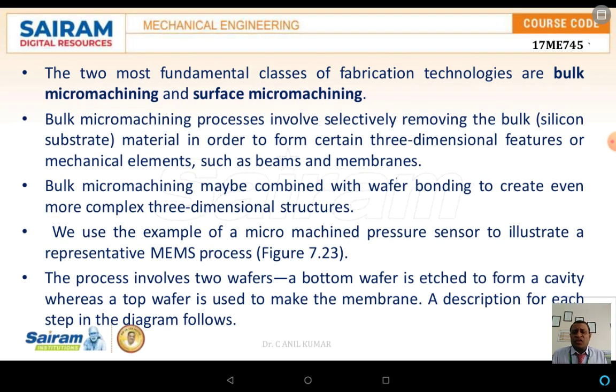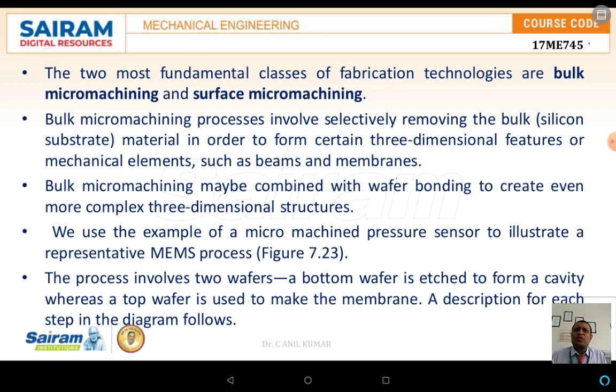Now the next topic we are discussing is with respect to micro machining, and also surface micro machining. As you know, machining is a process or technique which has been adopted, especially on the silicon substrate.